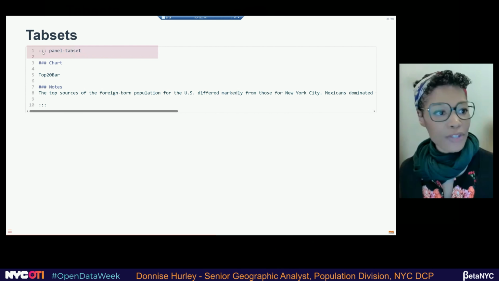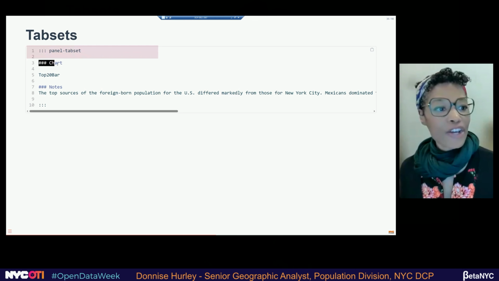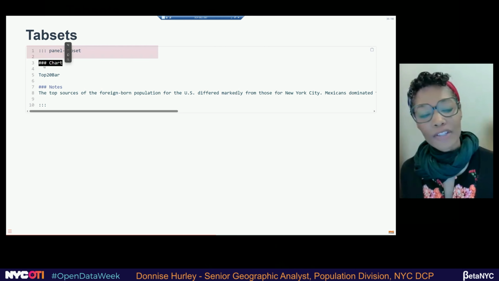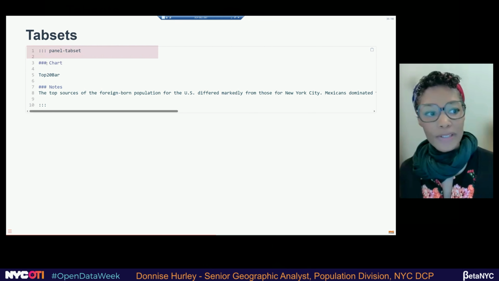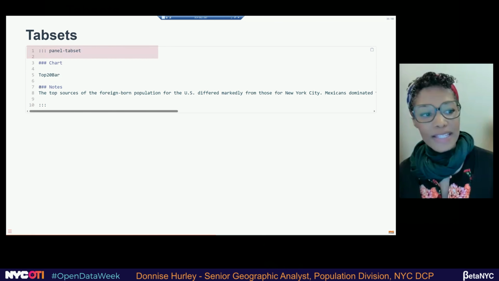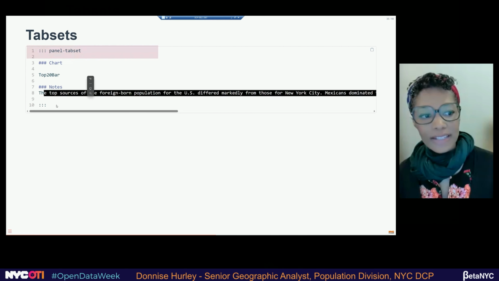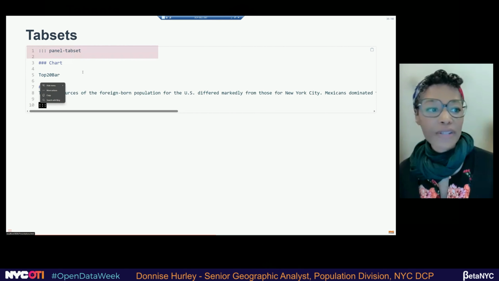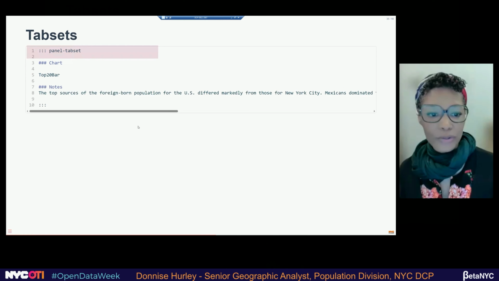You start with your 3 consecutive colons, and then to label your tab set, you use 3 hash marks, 3 hashtags, and then a space. And then you put in your content, and then you repeat it. So this second one starts the next tab, and then your content, and then you close it. And you can put as many tabs as you want.